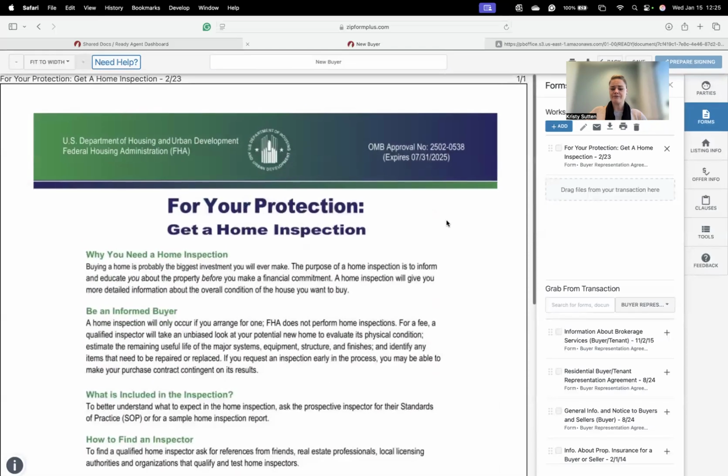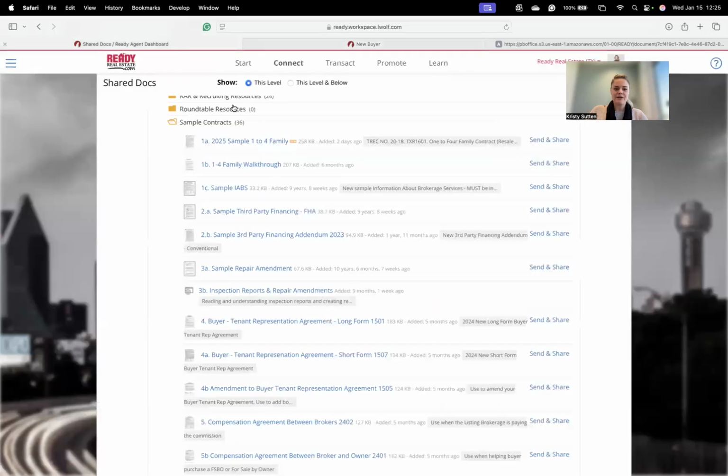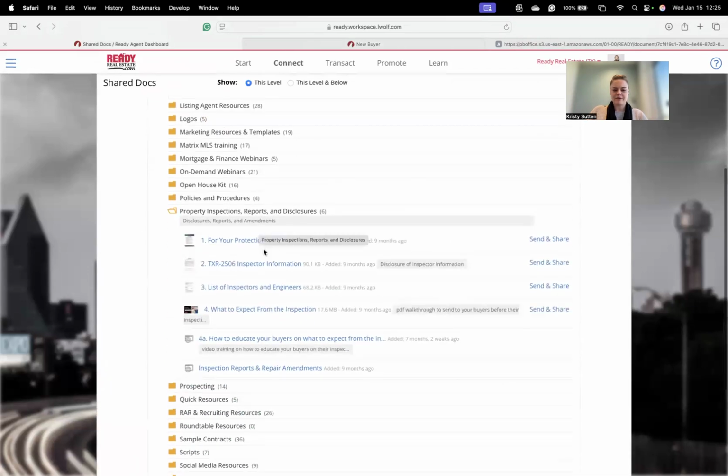And if you'd like some more information on "For Your Protection, Get a Home Inspection," if you're newer and want more information on what that entails, under the Ready dashboard, same place in the Learning Resource Center, if you open Property Inspections, Reports, and Disclosures, this is going to have a little bit more on the disclosures we're going to talk about in the purchase packet, like the inspector information, inspectors and engineers, what to expect from